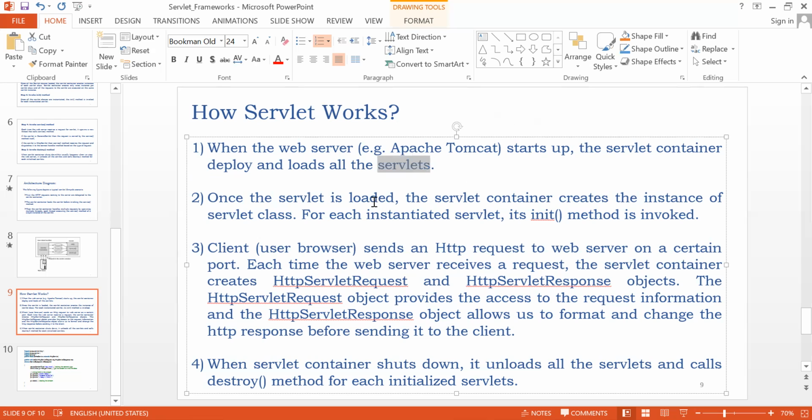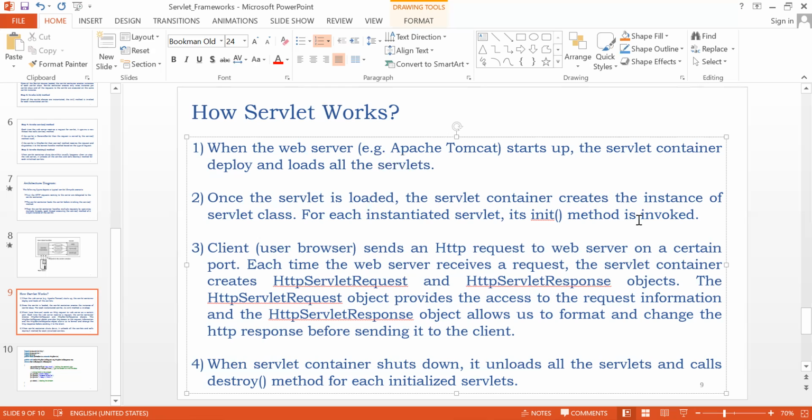Once the servlet is loaded, the servlet container creates an instance of the servlet class. Got it now? So once the servlet is started, it will create an instance of that servlet class. For each instantiated servlet, its init method is invoked.